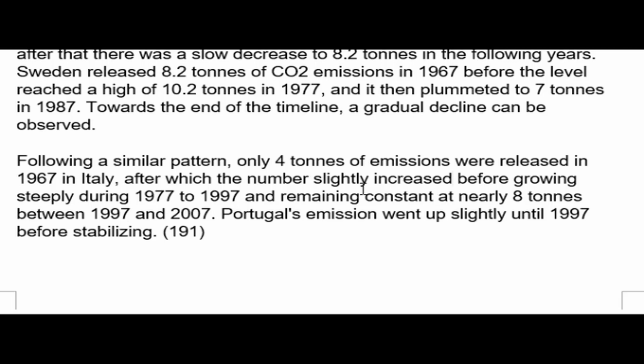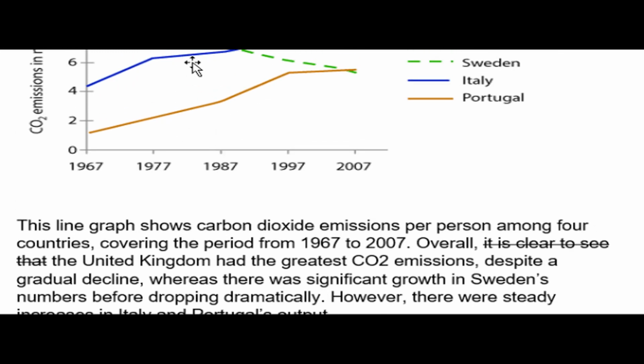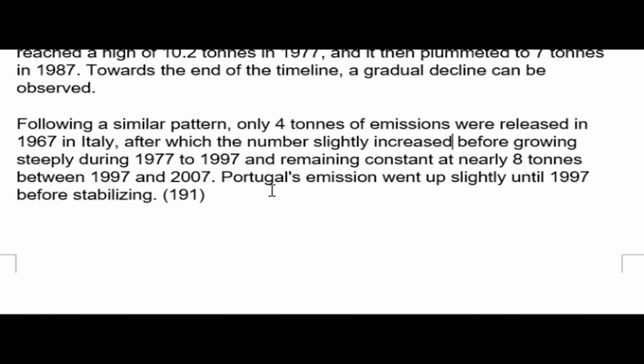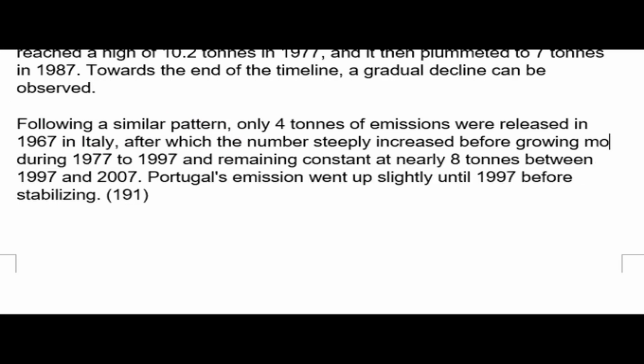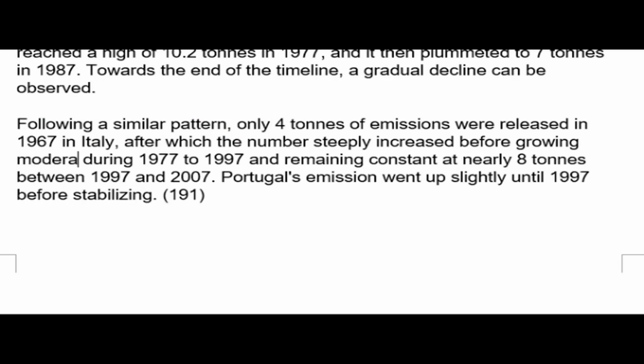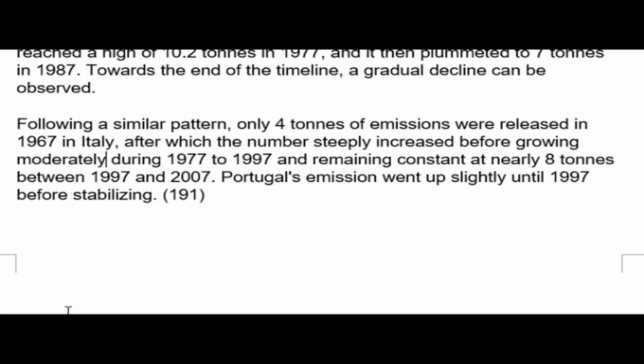The number slightly increased before growing steeply during 1977 to 1997. Steep. Now, why is this slight and this is steep? I don't understand. This slight, steep. These seem to be the wrong words. I think this should go here. The number steeply increased before growing. I don't know. Let's choose a different word. Let's choose the adverb moderately. Growing moderately during 1977 and